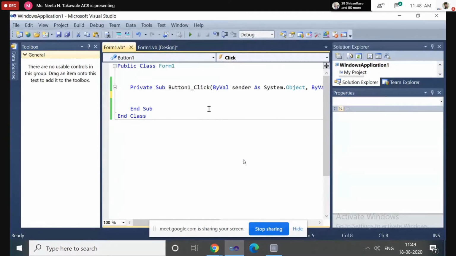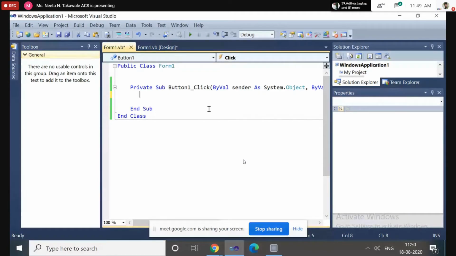So we'll discuss the message box. Now, what is the use of a message box? To display a message. Yes, with the help of a message box, we can display information to the user, or we can also use a message box to display the value of a variable, or the value of an expression. In VB, we can add a message box in 2 different ways.